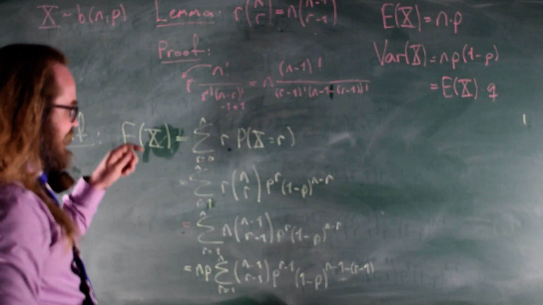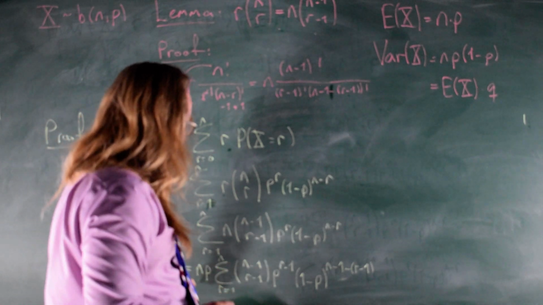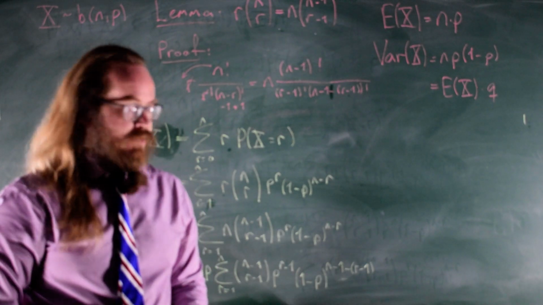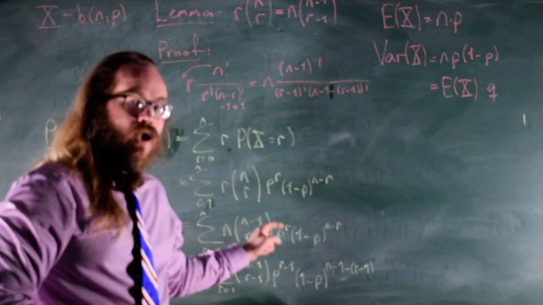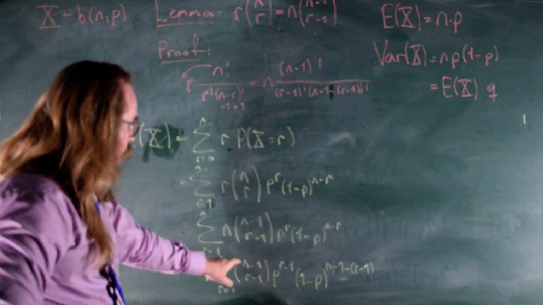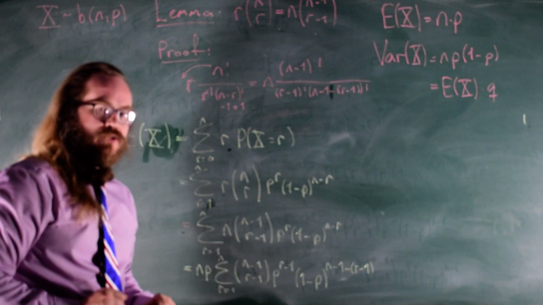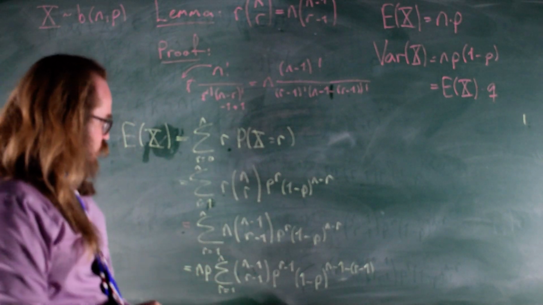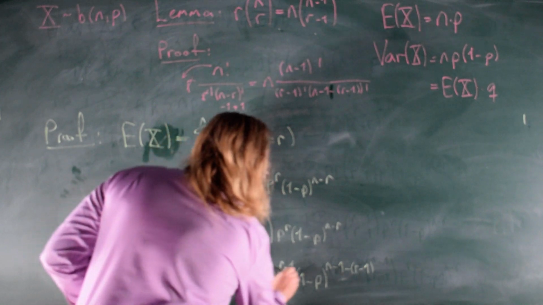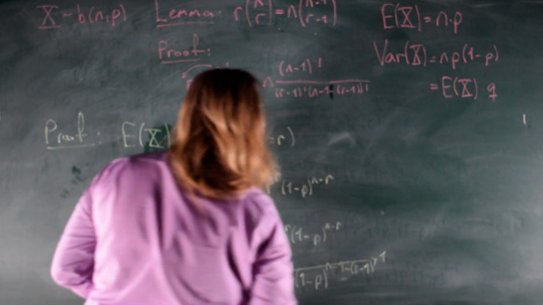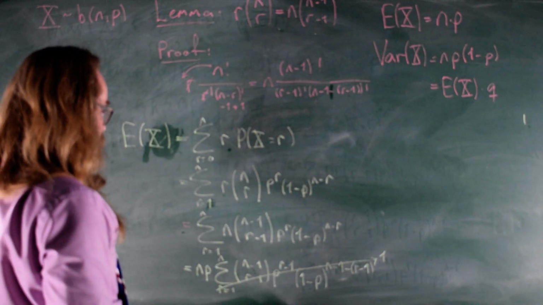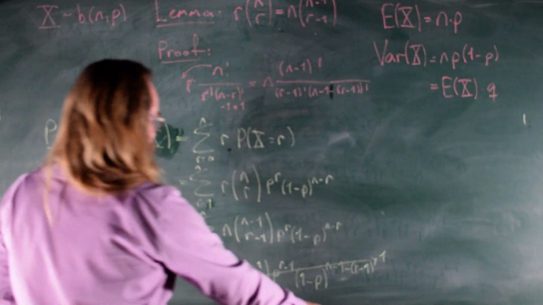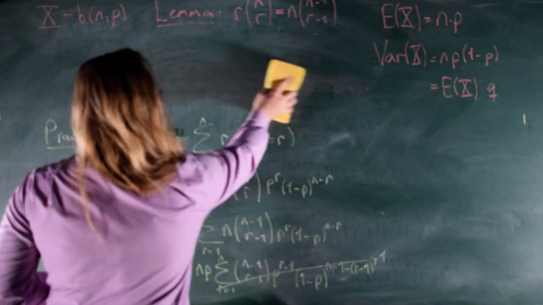This is exactly the sum of all the probabilities for a binomial distribution that has 1 fewer options. But it's still going to be 1, right? So if we consider this is just 1, all right? And the way we can consider this, I just remove this proof here, is